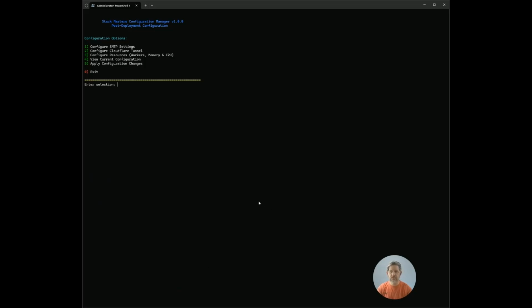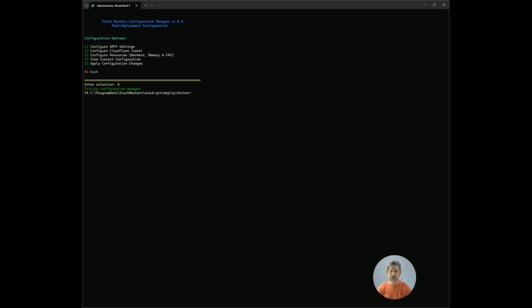And that's all there is to it. So now my stack has been restarted. If I go to those custom domain URLs, it will have already gone into Cloudflare, created the tunnel, created the DNS, set everything up for me, and it's off and running. So rock and roll. Now, if I want to confirm that,